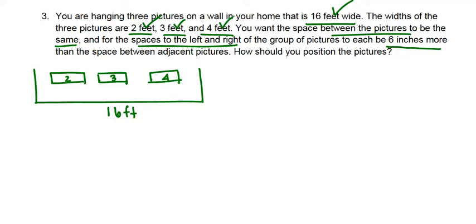Okay, I'm going to keep reading. You want the space between the pictures to be the same. I don't know what that space is, so I'm going to call it x. So I have x and x. And now the tricky part of this, it says the space to the left and the right of the group of pictures to be 6 inches more. So I know that x represents some amount of feet, but I want it to be half a foot additional. So I'm going to write this end space as x plus 0.5, where that 0.5 is half